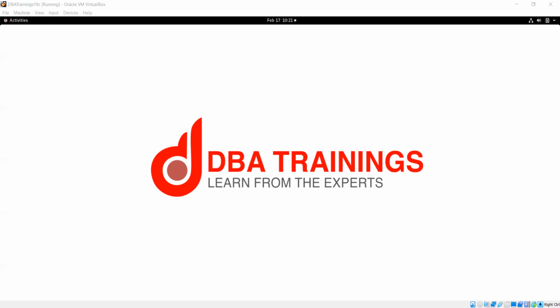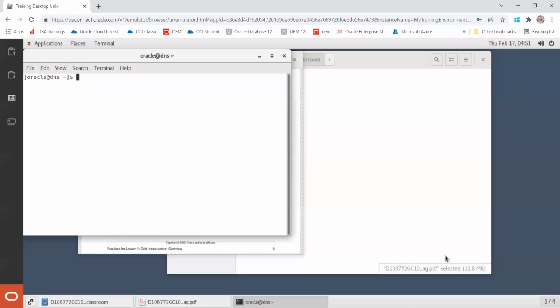So let me connect to my lab machine, and then we can proceed. So we are going to connect with our lab machine, and from there we will proceed further. So this is our Oracle lab machine for this training. Let me connect. So this is my DNS server, and we have 3 nodes. From the DNS server, whatever password we have assigned you, you can use that password, and based on that password, you can switch to the